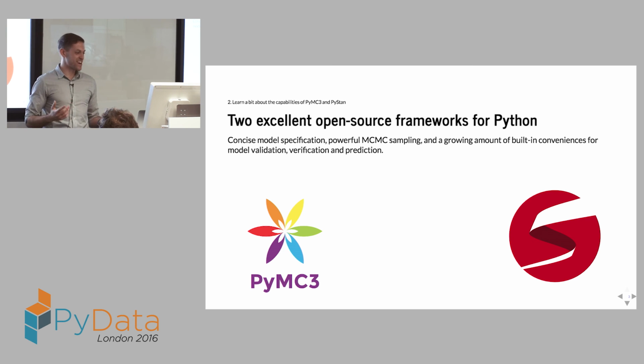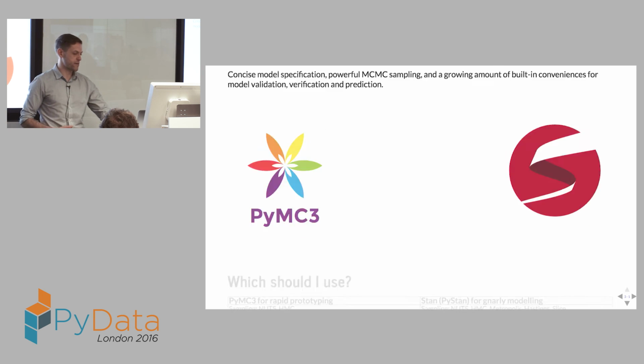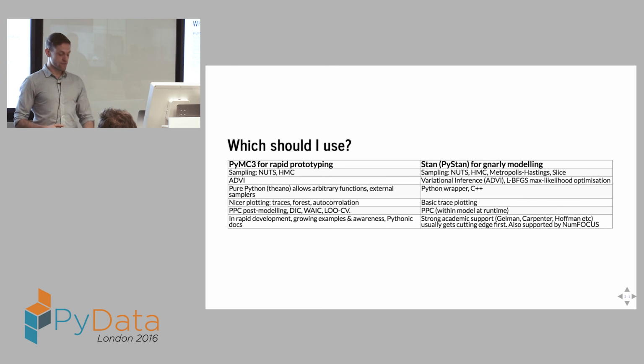Both of them let us do some MCMC sampling, and there's some convenience functions there. PySTAN and STAN are effectively one and the same. PySTAN is a thin wrapper around STAN. It doesn't do a whole lot itself. It does a couple of things that are very useful. But generally, when I say PySTAN, I mean STAN. When I say STAN, I mean PySTAN. Something like that. 5 minutes in, I'll jump straight to the conclusion.